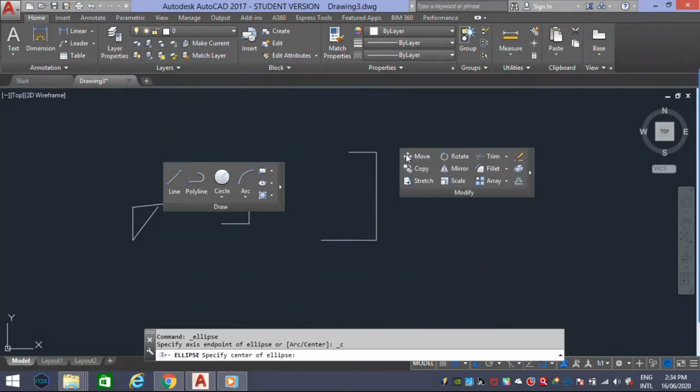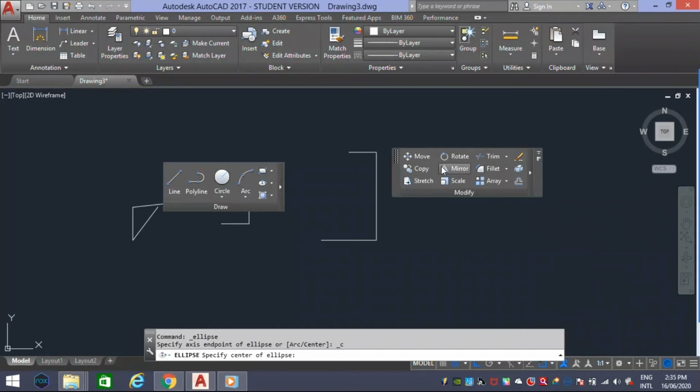It is used to move objects a specified distance or in a specified direction. Our next tool is copy, for copying objects a specified distance in a specified direction. Next tool is stretch, it can stretch inside or outside. That means adding or decreasing measurement with reference points.